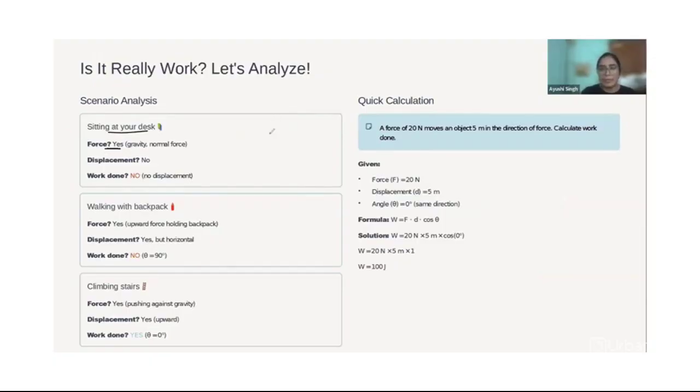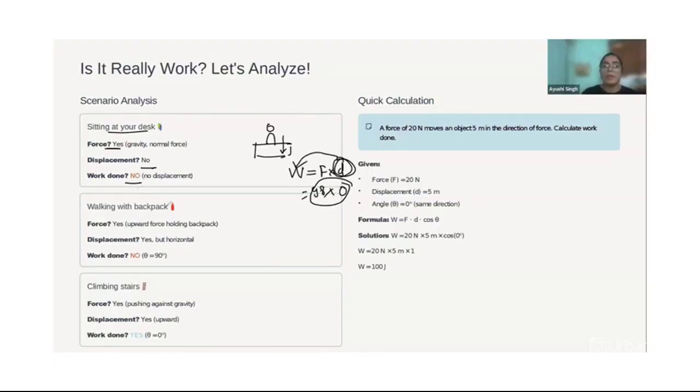Yes, because if you're sitting at your desk, gravity is pulling you down. Okay, so that is there. Is displacement there? No. So no work is done, because work done is equal to force into displacement. Now displacement is 0 and force could be something, right? Here 9.8, let's say. If you multiply something with 0, you will get 0, right? So if displacement is ever 0, there is no displacement, you can always come to the conclusion that work